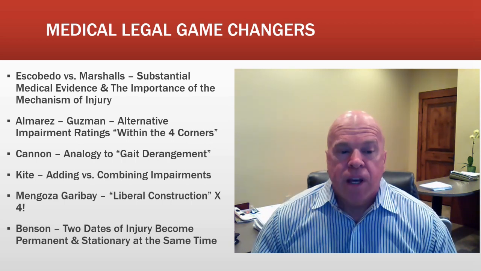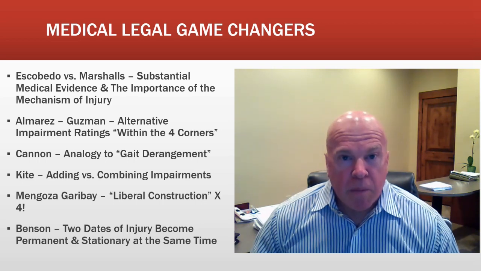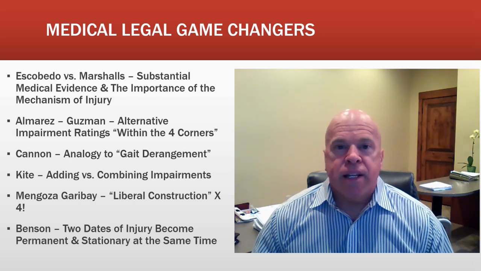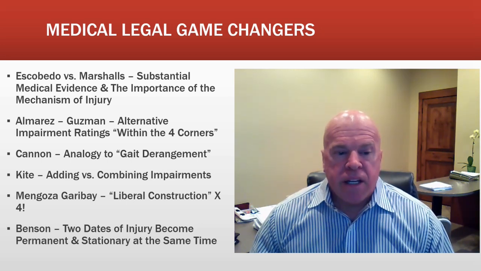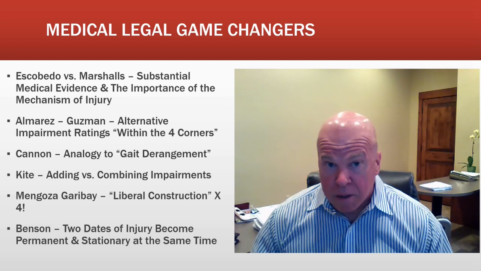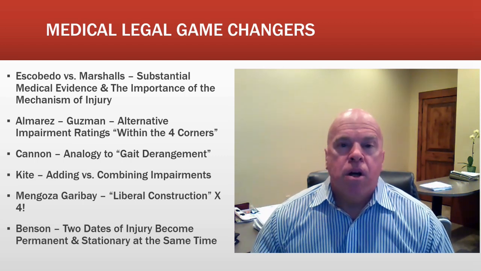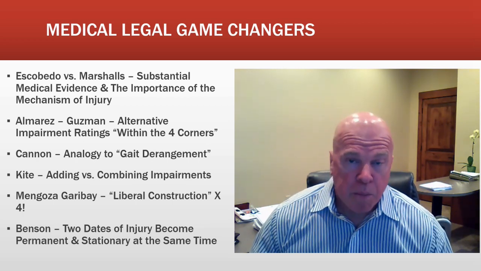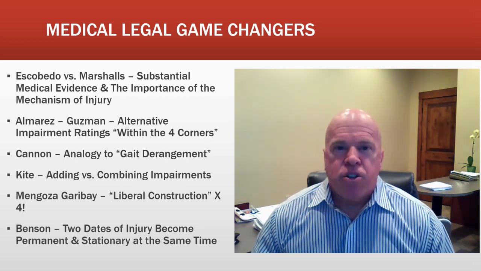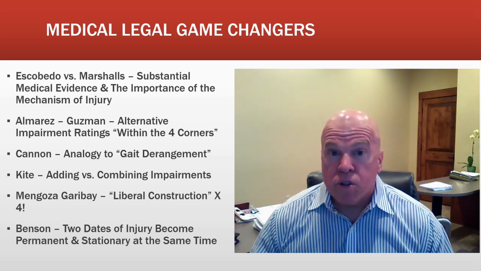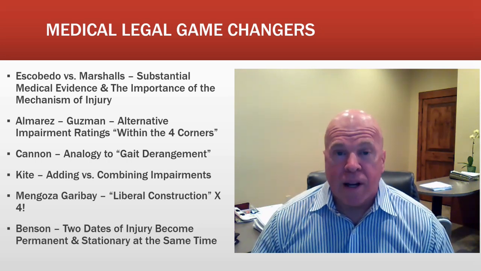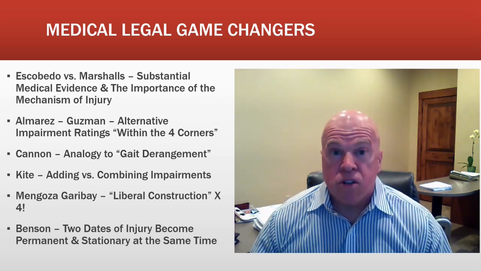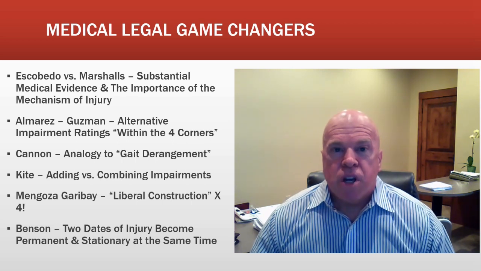Today I want to share with you the Melgoza-Garibay case, and we'll talk about that in just a minute. You're going to find that to be fascinating. And then in our final session coming up next week, we're going to talk about some apportionment issues, and we're going to talk about your apportionment approximate percentages, and we're going to shed some light on some principles involved with providing for your apportionment approximate percentages by reviewing an historic case known as the Benson case, which tells us how